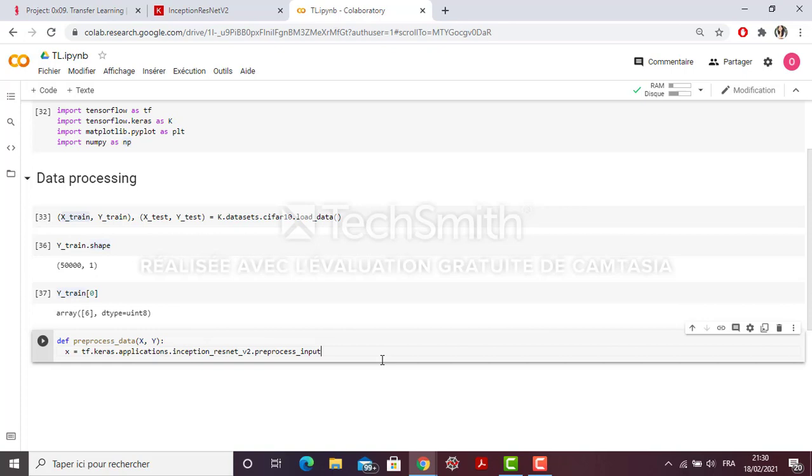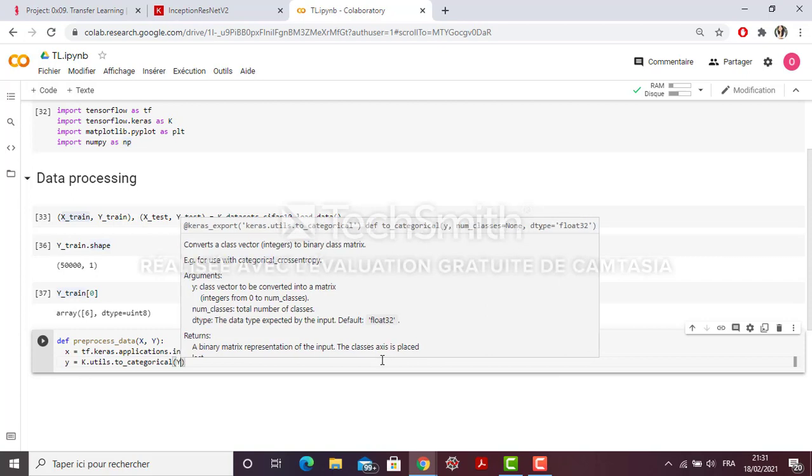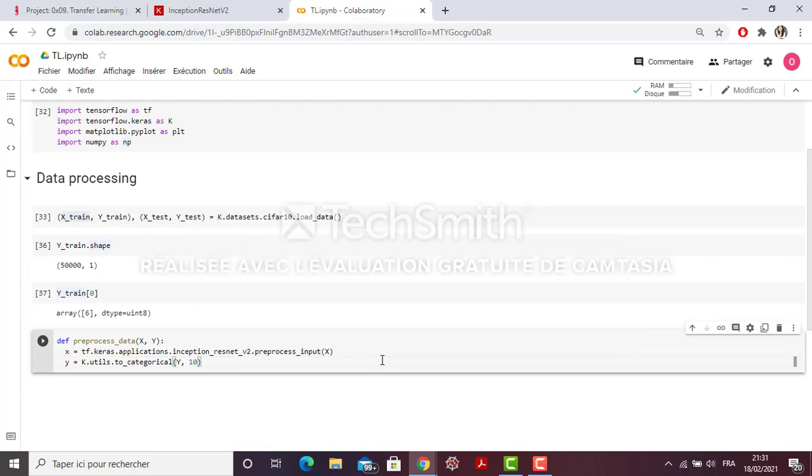And then I will apply it to my x. For the y, like I said, it is to encode my output. So the best function to do this is to use utils.to_categorical. It has the arguments y and the number of classes.